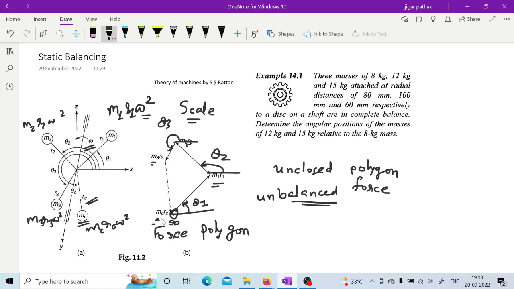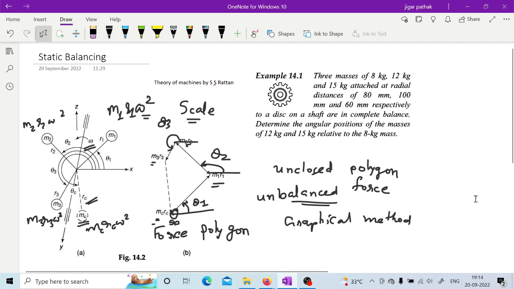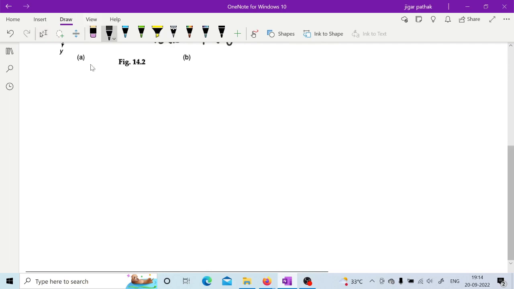So once you know the value of mcrc, you have to decide either mc or rc. Whenever you are solving it practically, you can decide either the balancing mass or the balancing radius, and the remaining one of them you can calculate from the product you have already achieved through this polygon, right? This is the graphical method. Whatever we have discussed is the graphical method. There is an analytical method also. So if you want to go for the analytical method,